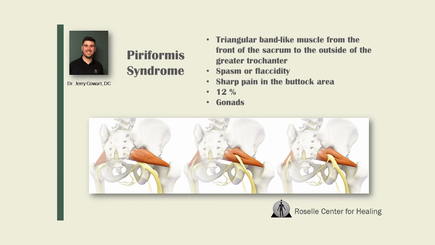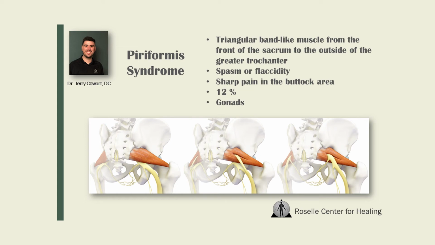So if that muscle is contracted, you can start getting issues with parts of the sciatic nerve. And as we've seen before, that sciatic nerve goes to a lot of different places within that leg. So you would get very specific sciatic nerve distribution pain and weakness with this particular presentation. And sometimes it can be more difficult to treat because you have to make sure that that muscle is working absolutely 100% perfectly, or else it's going to continue to cause issues with part of that sciatic nerve.